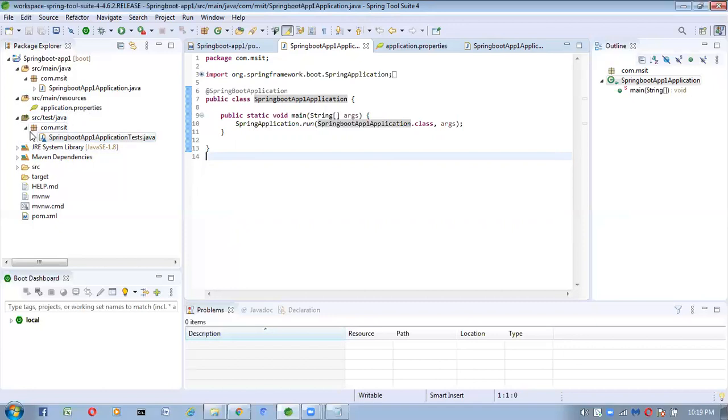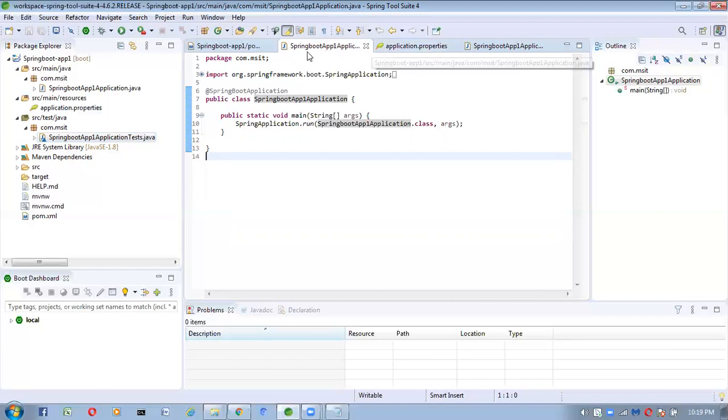Next, we are getting one more folder, which is the test folder. What does it contain? It contains all our JUnit classes; JUnit related functionalities we have to take inside that folder. Here you are getting one default file, the default ApplicationTests.java file. Inside this class, we are writing test cases for our main Application.java.